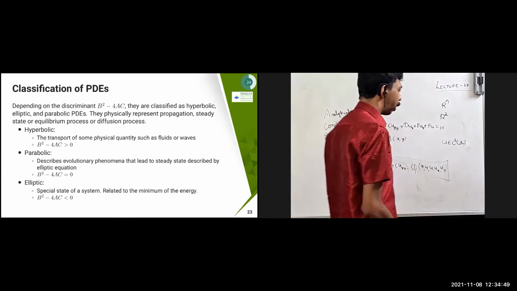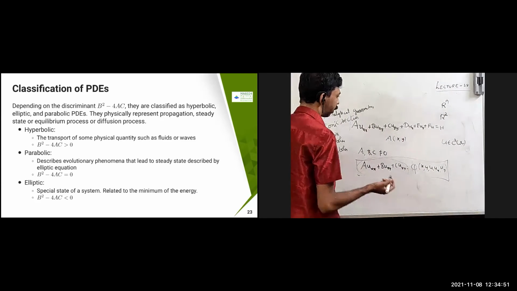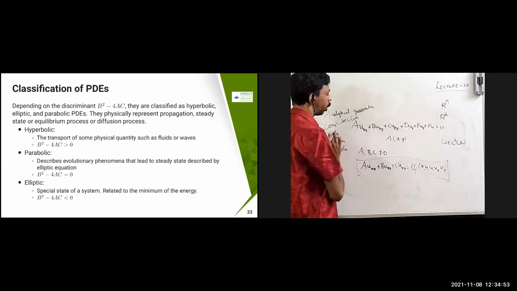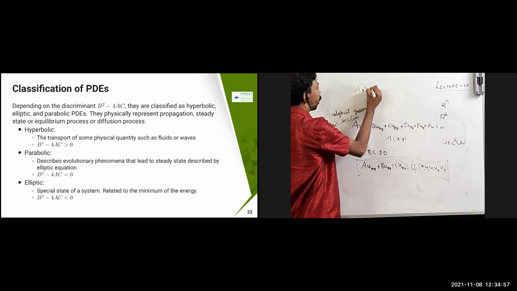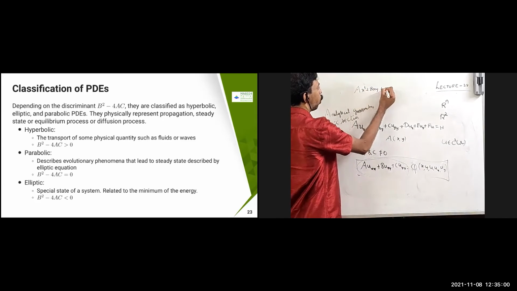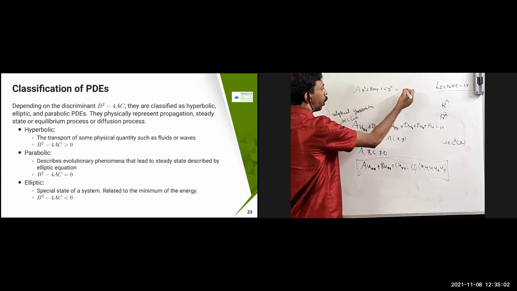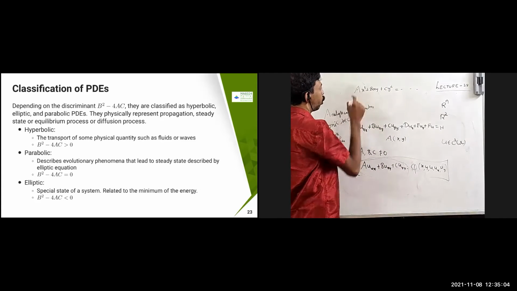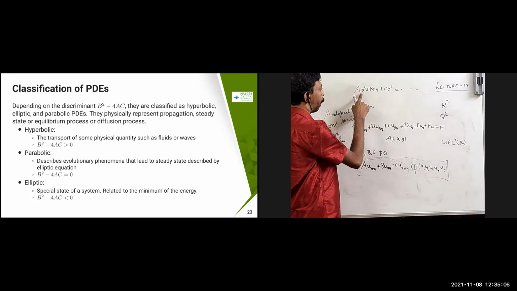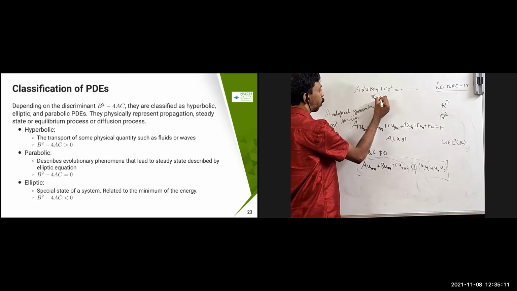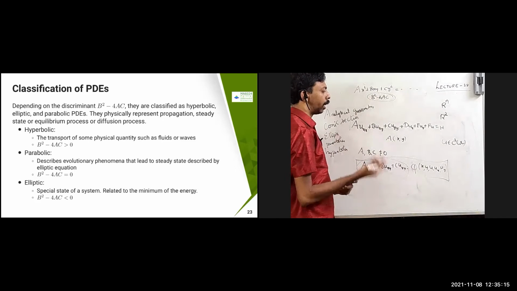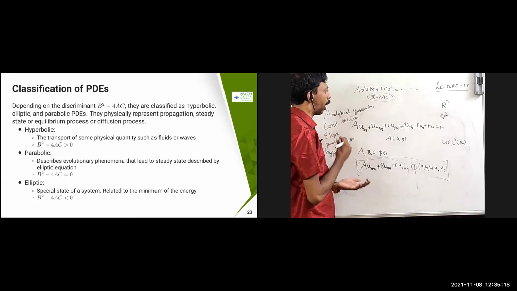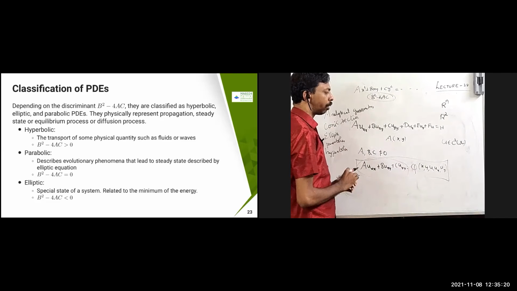So how do you find whether it is hyperbolic or parabolic or elliptic for the conic section? In that case, you will look at something like ax squared plus bxy plus cy squared equal to something. Some equation is going to come. In this one, you determine whether it is a parabola, hyperbola or ellipse depending on the parameter b square minus 4ac, the discriminant. Based on that, you determine whether it is a hyperbola, parabola or ellipse. Same kind of thing we are going to do here.